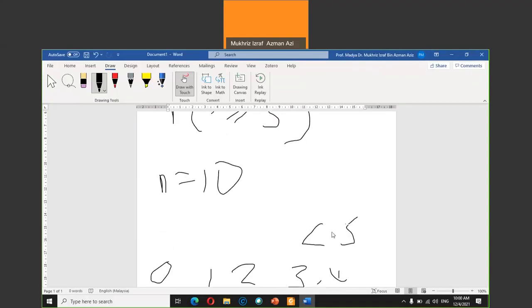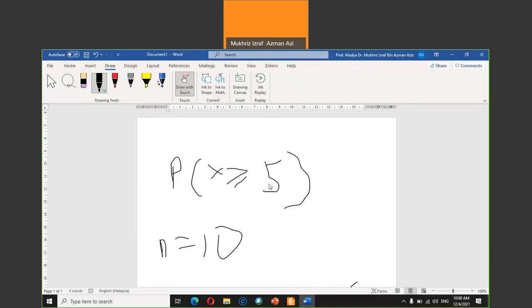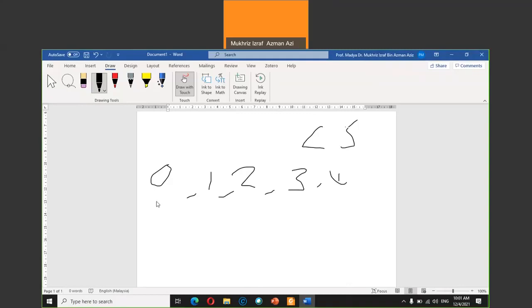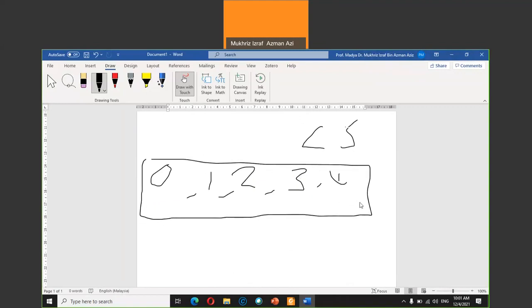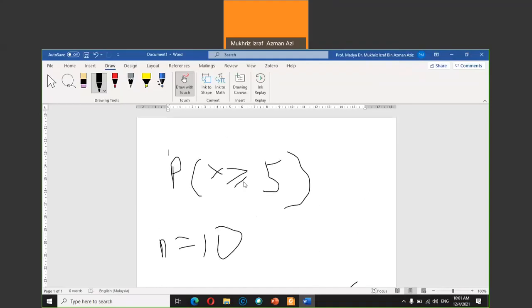So when I say use the complement rule, if you want this value, you need to calculate what you do not want and subtract that from 1, because the total probability will always be equal to 1. So you need to calculate P(x=0) plus P(x=1) plus P(x=2) plus P(x=3) plus P(x=4). You sum all of these 5 events, and 1 minus the sum of these events gives you P(x) at least 5.